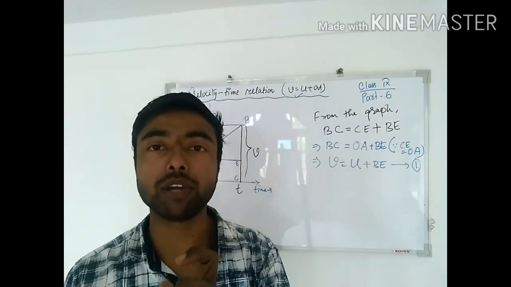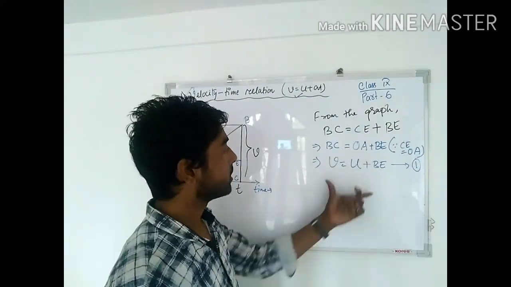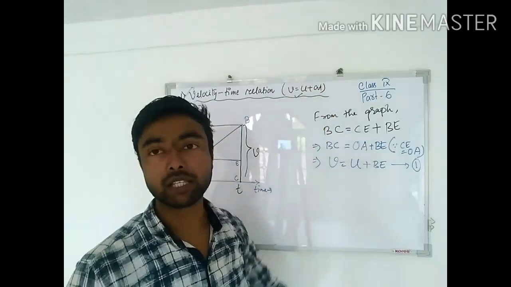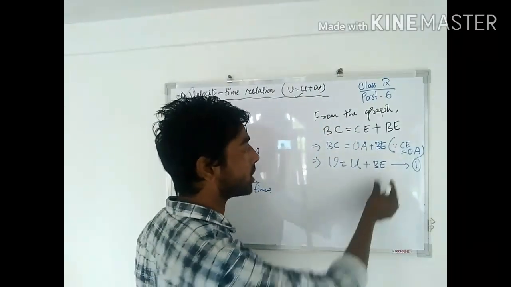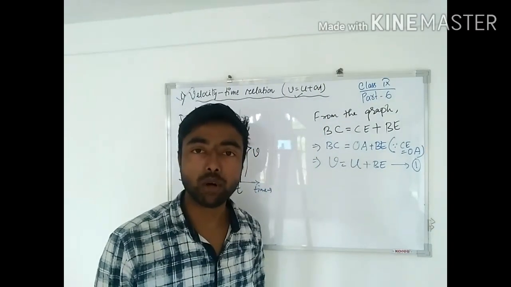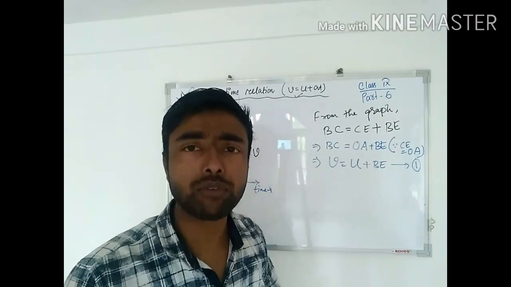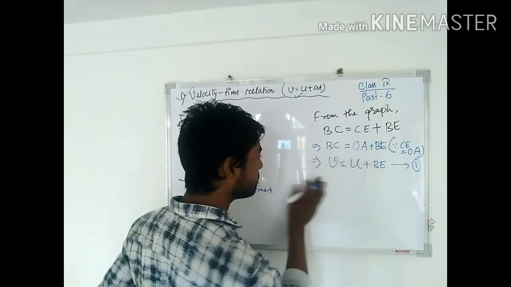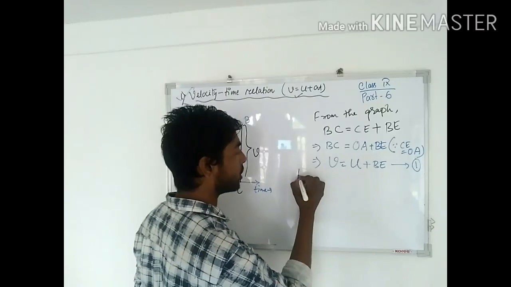If I can find out the value of BE, then we can easily write this equation. Now we are going to derive, we are going to find the value of BE. Now you see, can I write from the concept of